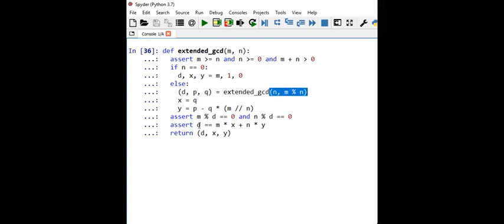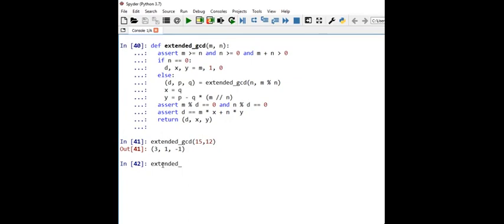Okay, so now let's verify this code. Let's say now I want to find out GCD for 15, 12. Then here also we are getting the answer, but we are also getting a certificate to show that our answer is actually the correct answer. Let me take one more example. Here we need to make sure that the first value is greater than the second value, then only this code will run, because this is the criteria, m must be greater than or equal to n. So let me take 217 and 154. So GCD is 7 and we are also getting certificates.